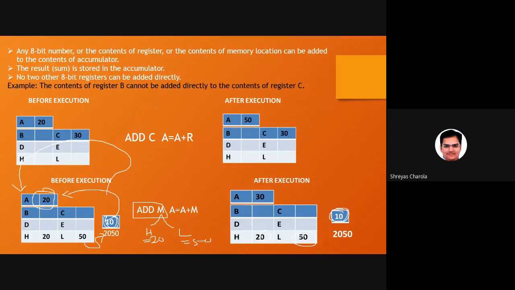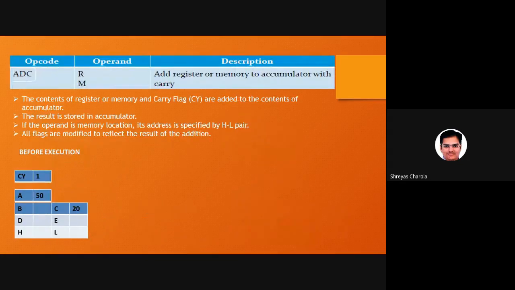Okay. Now, ADC means add with carry. Let's suppose I ask you to do the addition. What happens? 8 plus 2, 0 and 1. Let's suppose you are not adding this, 1 plus 2 you are doing. Is that the correct answer? No. Why? Because you forgot to add the carry. That means 1 plus 1 plus carry, then it will give you the correct answer.